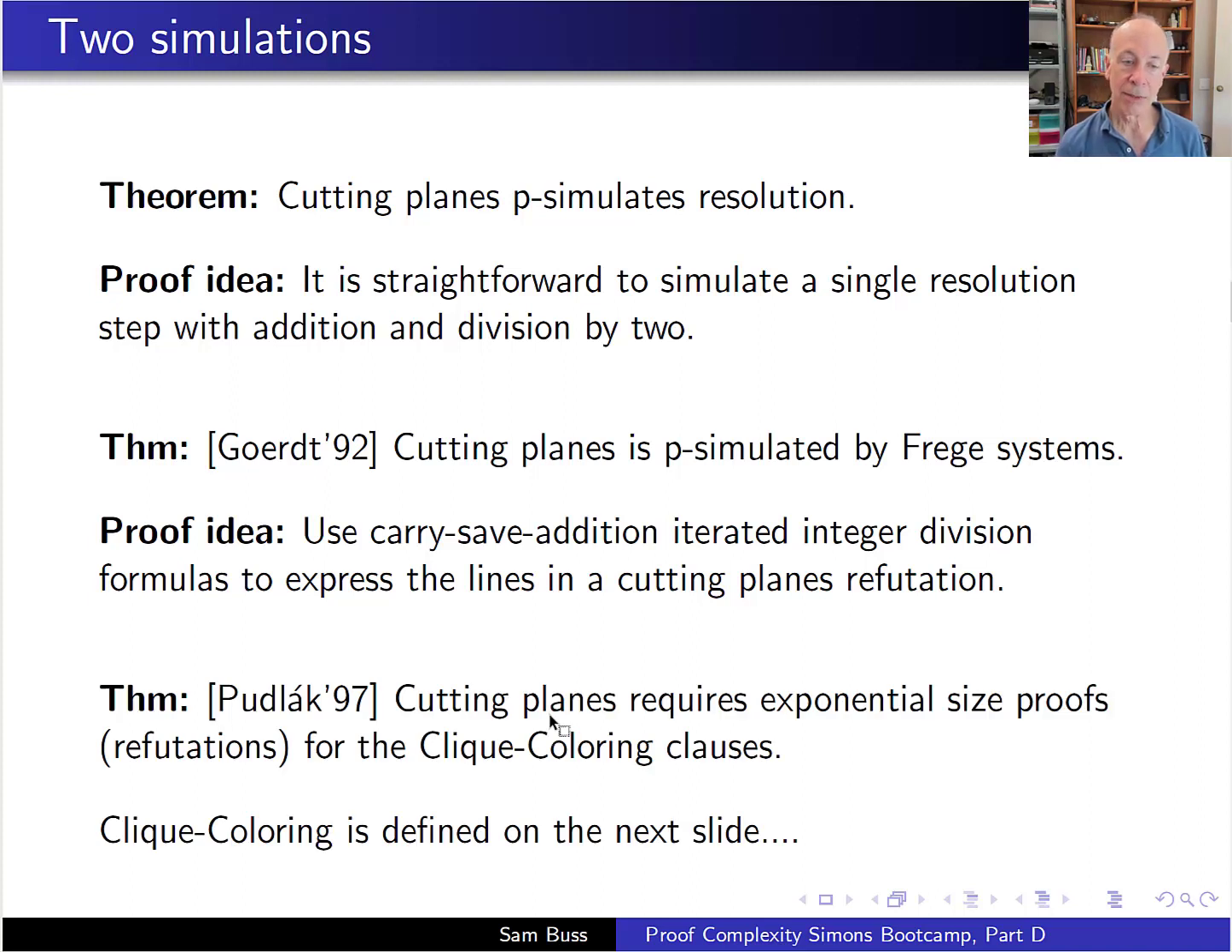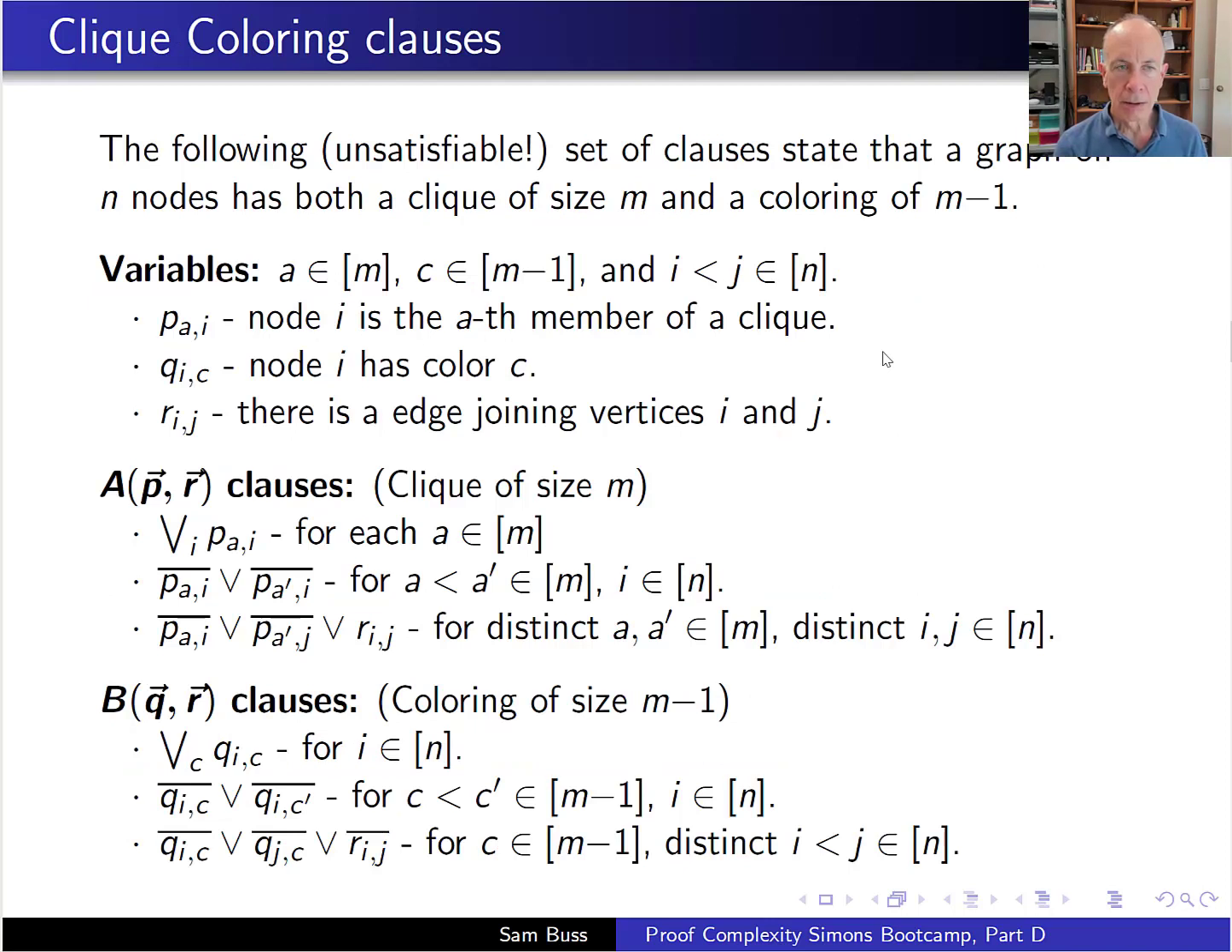On the other hand, for lower bounds, Pudlák showed that for cutting planes, you do have exponential size proofs for the clique coloring clauses. To talk about this, we first need to define the clique coloring clauses. So the clique coloring clauses are an unsatisfiable set of clauses which are unsatisfiable by virtue of